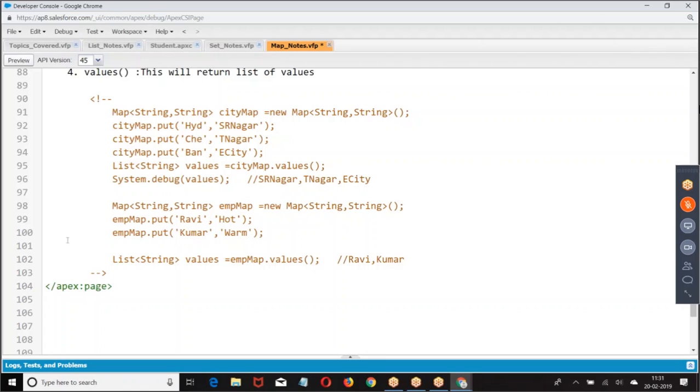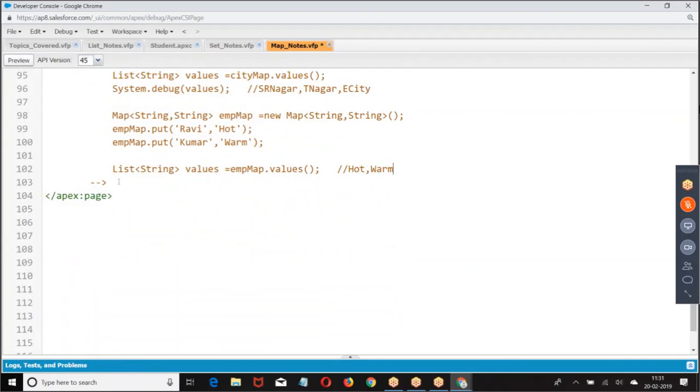Any query about this? Yes. Come again? Okay, sorry. You're right. Right, let us go to the next example.